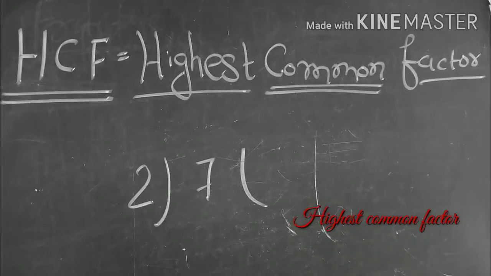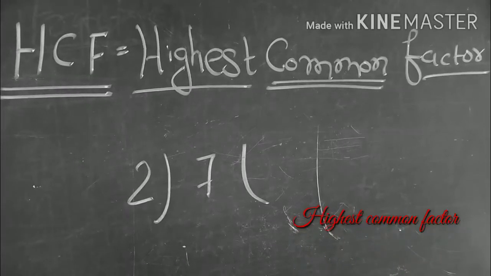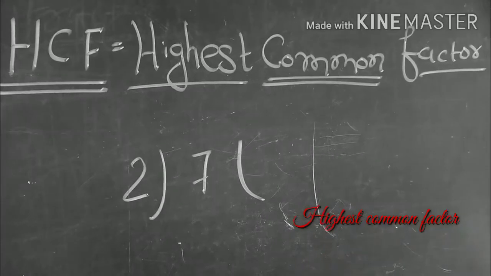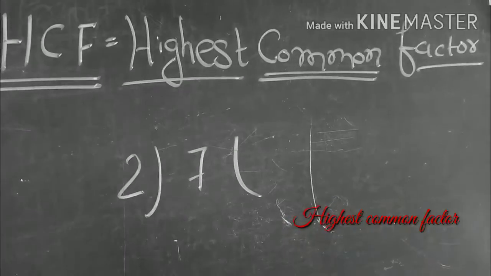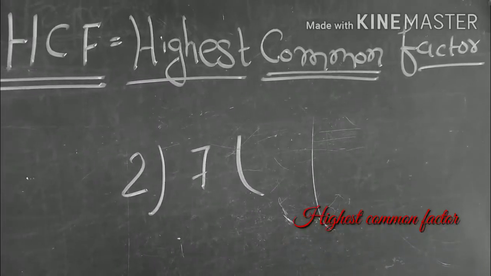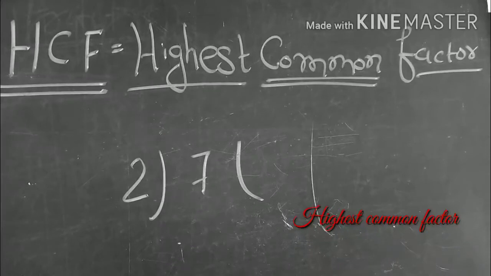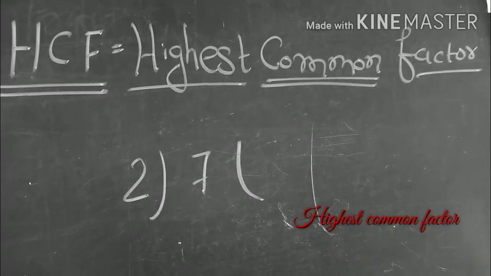You already know the divisibility rules. Same as here, only one factor is different. At that time, with the remainder we have to take the multiple, then we have to change the remaining terms. The remaining rules are similar to divisibility. If you don't know divisibility, go to the playlist and check it.